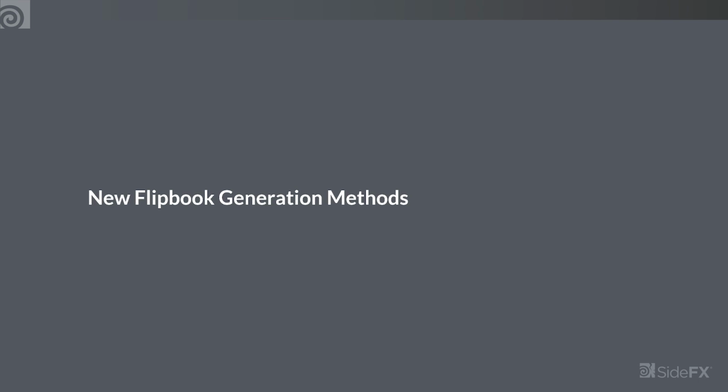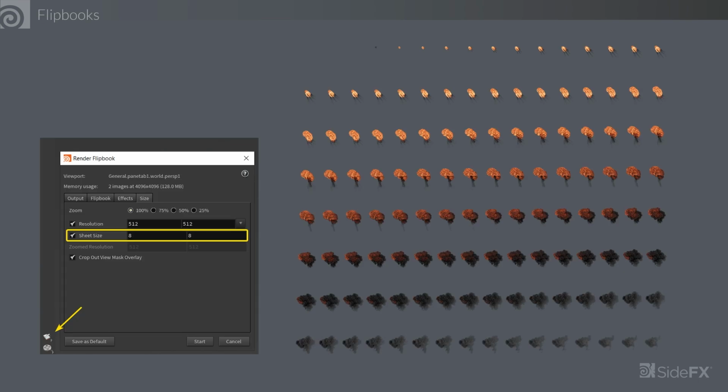Next, we want to introduce you to the new flipbook generation methods we have. Previously, we had flipbook generation methods in SideFX Labs, but now we have more. Now you can directly do this in the bottom left of your screen and do the flipbook render. On the size tab of the render flipbook settings, there's a new option called sheet size. This will allow you to specify the row number and column number of the